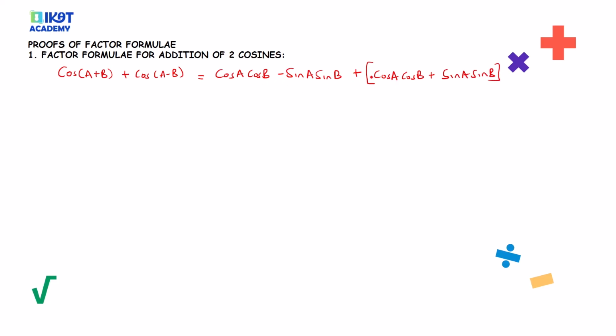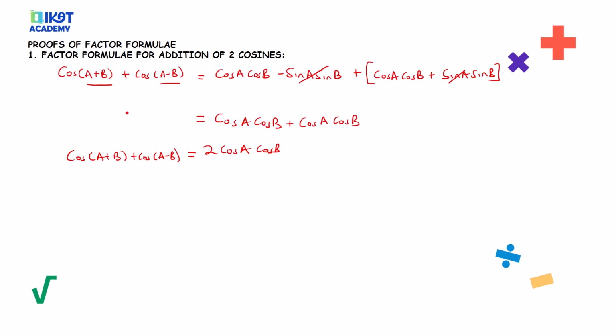So here, of course, nothing is going to change in this bracket. This will go with that. So we end up having cos A cos B plus cos A cos B, which is equal to 2 cos A cos B. Now, we have cos(A plus B) plus cos(A minus B) equal to this. Here we have A plus B, here we have A minus B, and I want to now have independent expressions, instead of having two things,